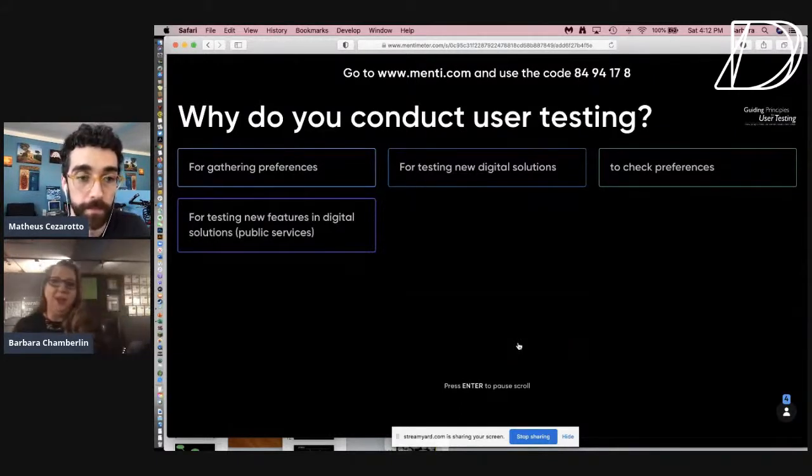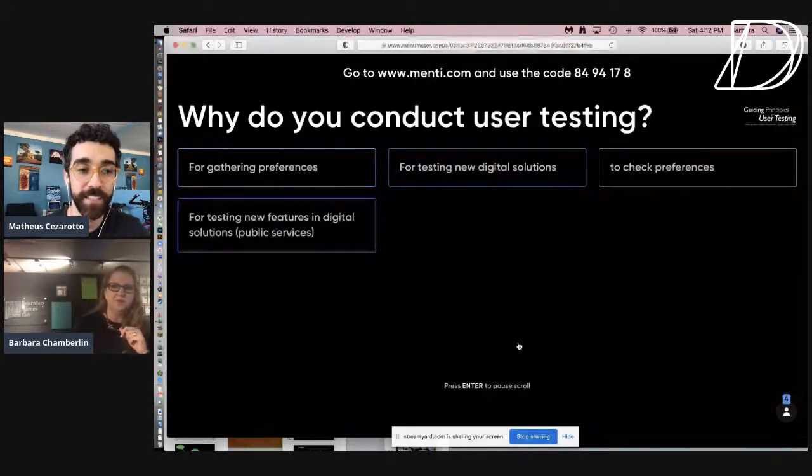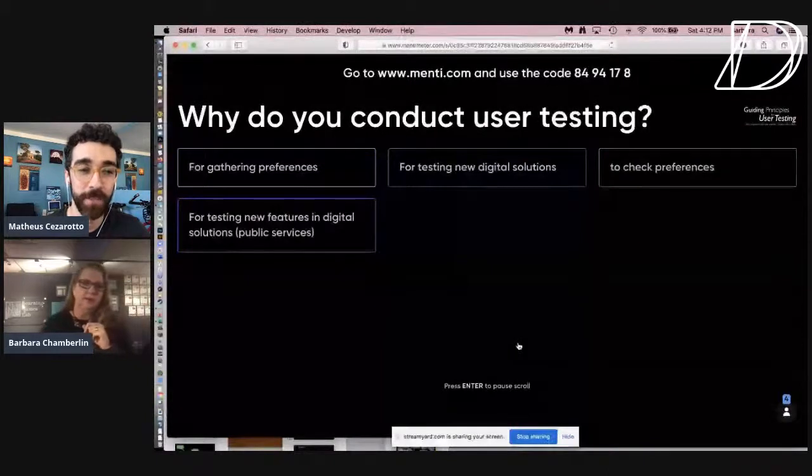I like that what I'm seeing here is we have some things thinking about user testing before we make the product, some things that are already going on, and then testing things after. So I like we're seeing that range. I like that someone put the public service, because sometimes we have so many issues with public service.